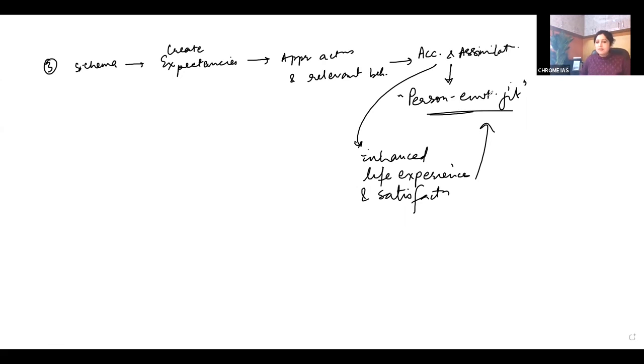And in fact, over here, you can write Piaget in the bracket. Wherever you are writing about memory, you can write about Bartlett, because these are the two people who had talked about schemas in their work. Okay, so this depends upon what you remember at that time. But my point over here is that you need to meet the demand of the question. Do not merely rush behind, I have not read about schema. I don't know what are the types of schemas.